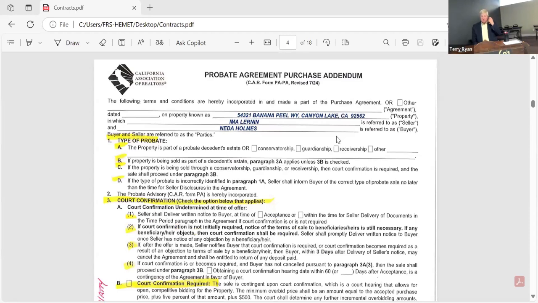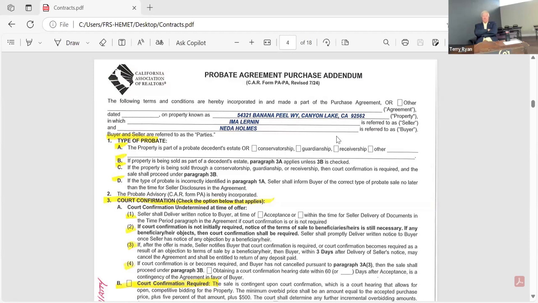One of the other things that comes out is probate. I'm sure you know what probate is, but if you don't, I'll just briefly tell you that the owners of the house have passed away and not had anything in a trust with a trustee handling it. They may have had a will, but the will is not specific to real estate property. They may have a power of attorney, but the power of attorney is not specific. So what has to happen is that somebody in the family, or if there is no family, somebody they've had contact with or know well, or friends or whatever,